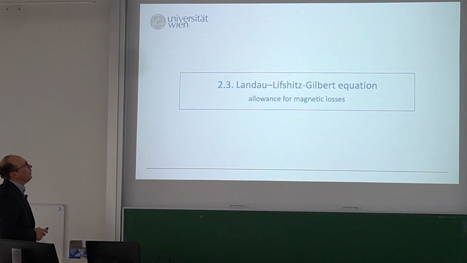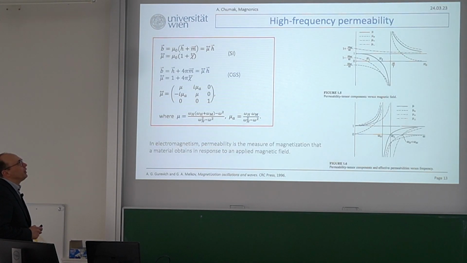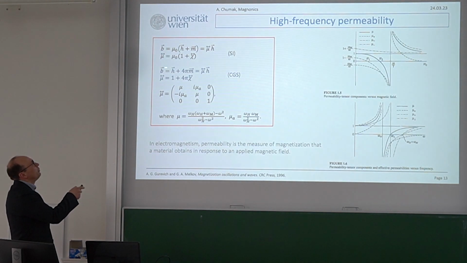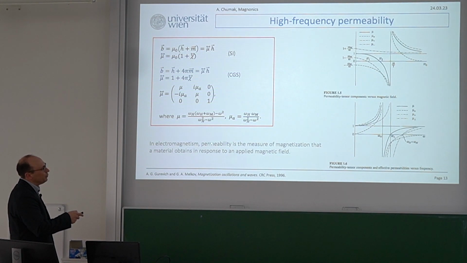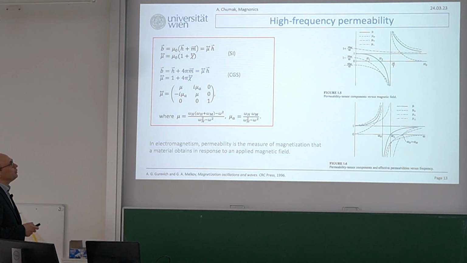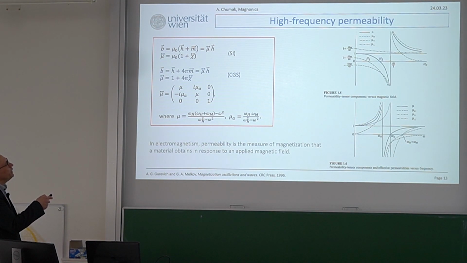And with the very last slide here, I would like to define permeability. There is another term, permeability, which is defined as mu. And permeability is a measure of magnetization that a material obtains in response to an applied magnetic field. So it's how it reacts to the field. And it can be defined through the